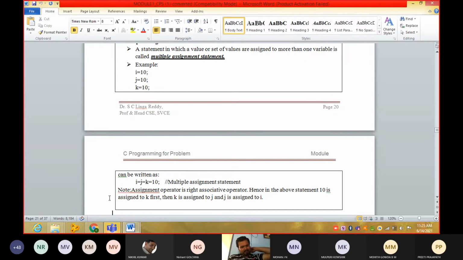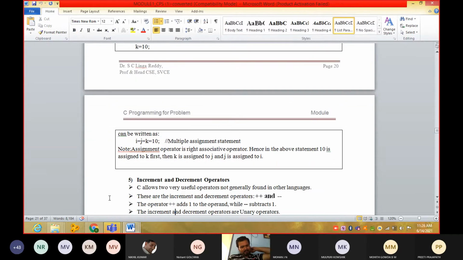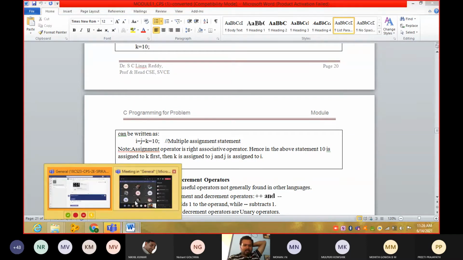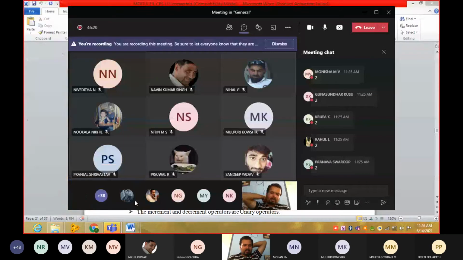Okay, this is very simple. Okay guys, is that one, multiple assignment operator, clear? A = 10, B = 10, C = 10 can be written as A = B = C = 10.